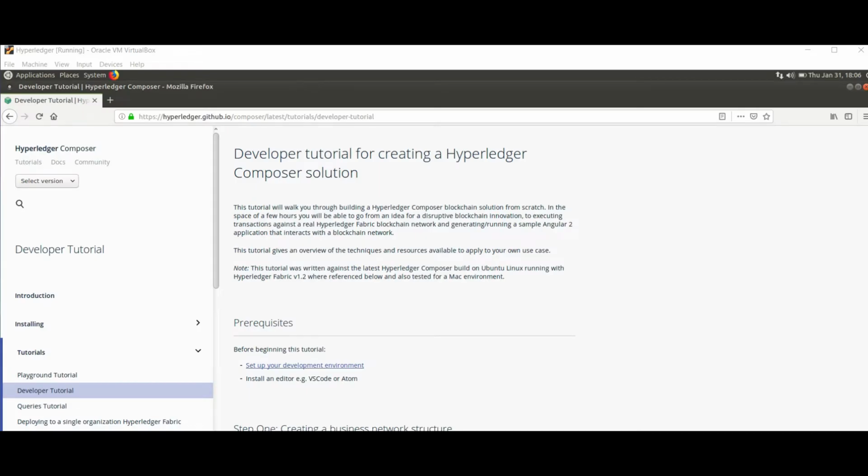Guys, welcome back. In the previous video, we went through how we can deploy a business network in the Composer Playground. Now, this isn't going to be too useful if you want to work with production systems. So in this video, let's deploy this network directly to Fabric so that we can work with it